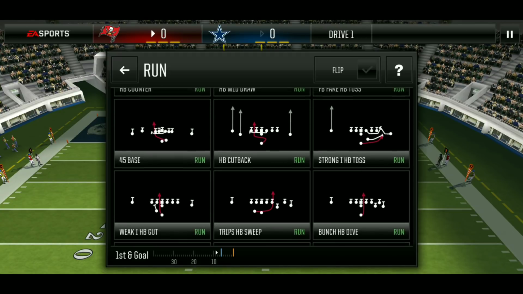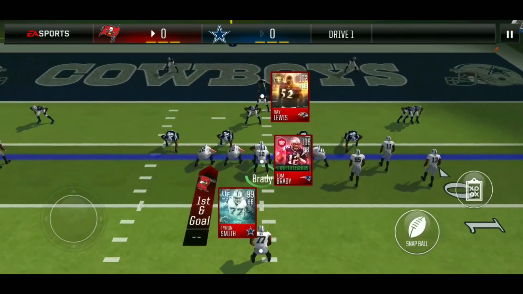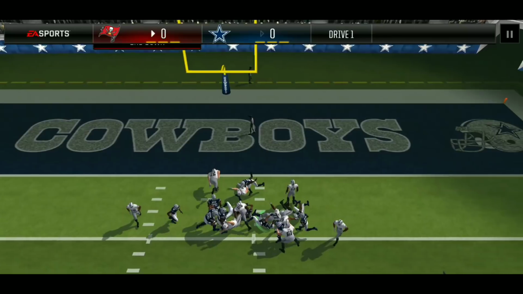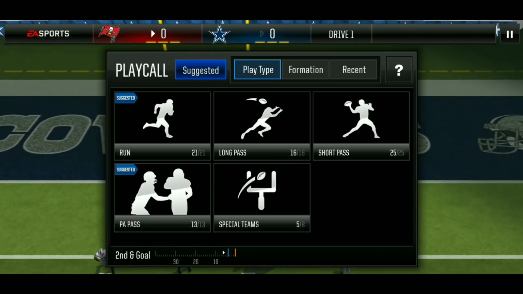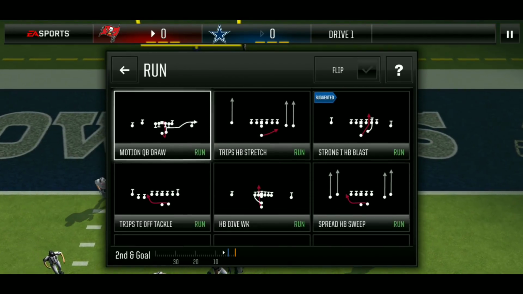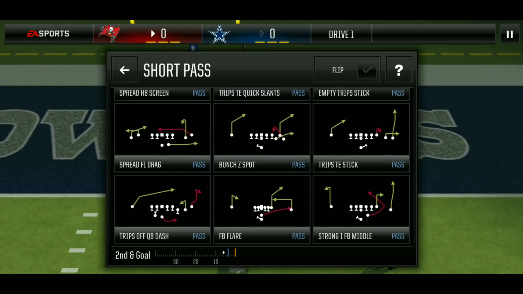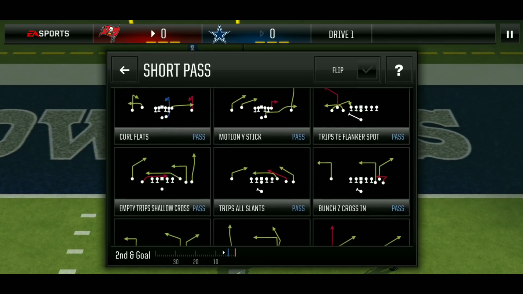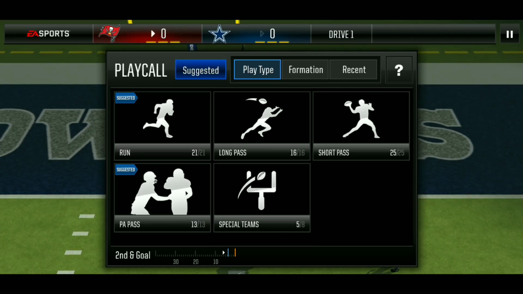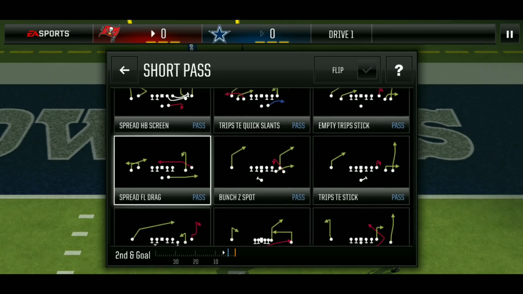So I should not get goal line coverage here. So I'm actually going to go with a run play, bunch halfback dive, where we're going to get dime formation. And hopefully we'll find a hole, and we get kind of blown up there. 2nd and goal. Toss was 100% countered. Let's go with... Can't throw it to the fullback because the fullback is not Tyron Smith. So we are going to go with,